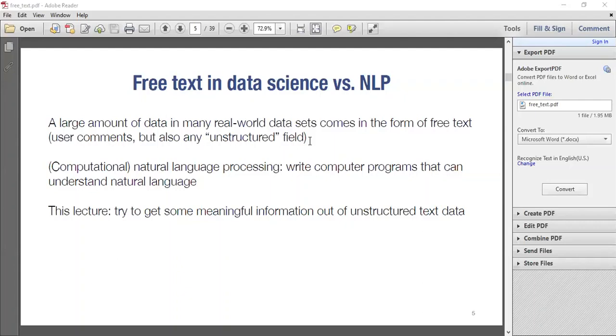For example, the comment section of a product website, or Twitter, where each of our tweets is text. But you could also have them in some kind of structured format. Now, what we're trying to do here is to write computer programs that try to understand what is happening within those texts.